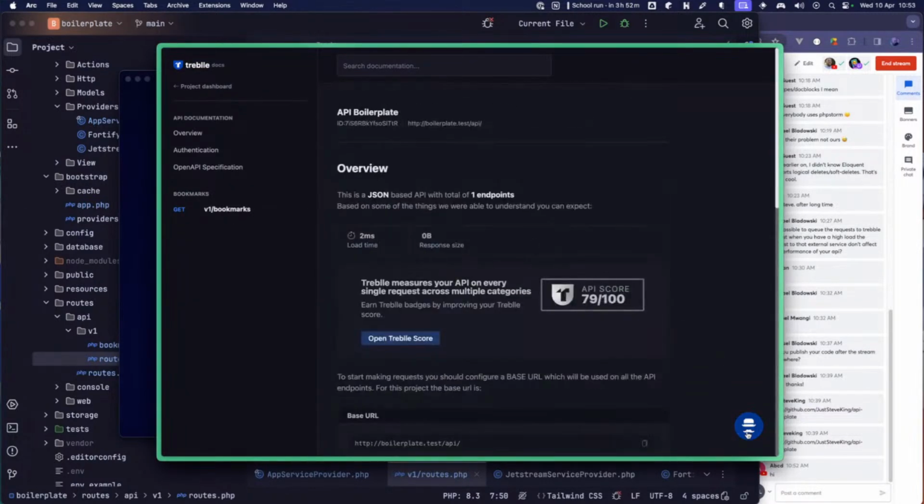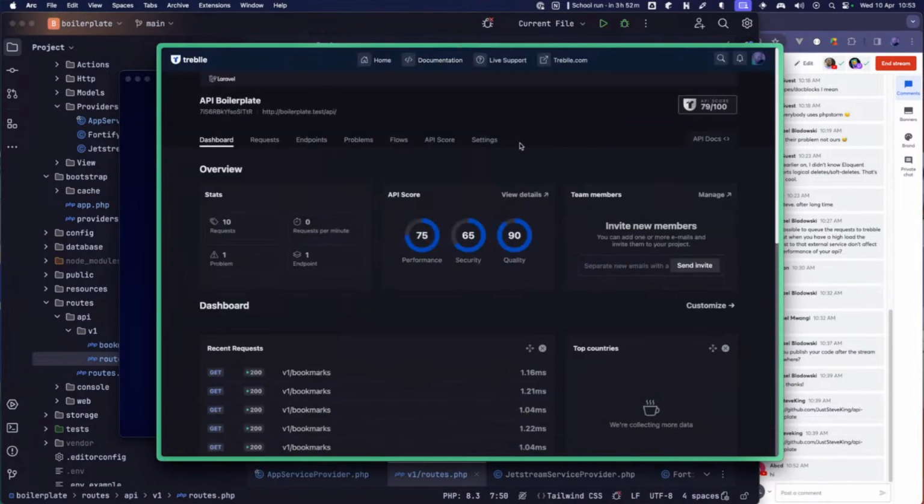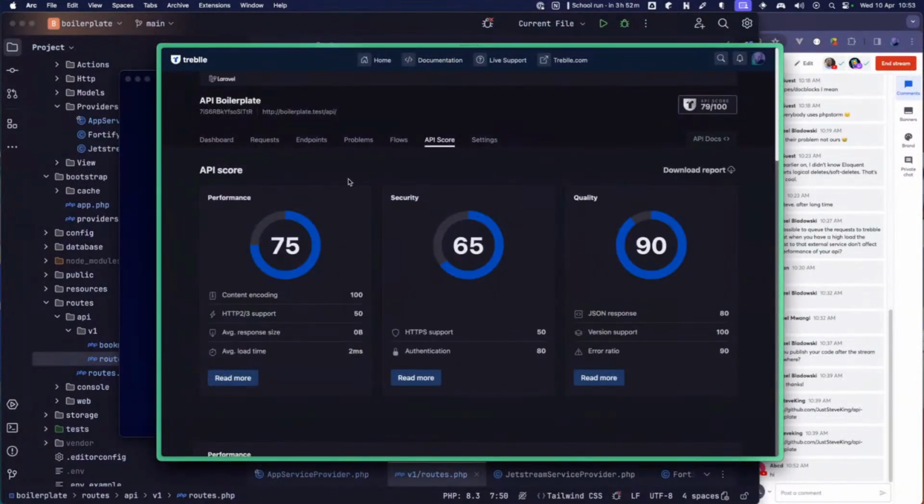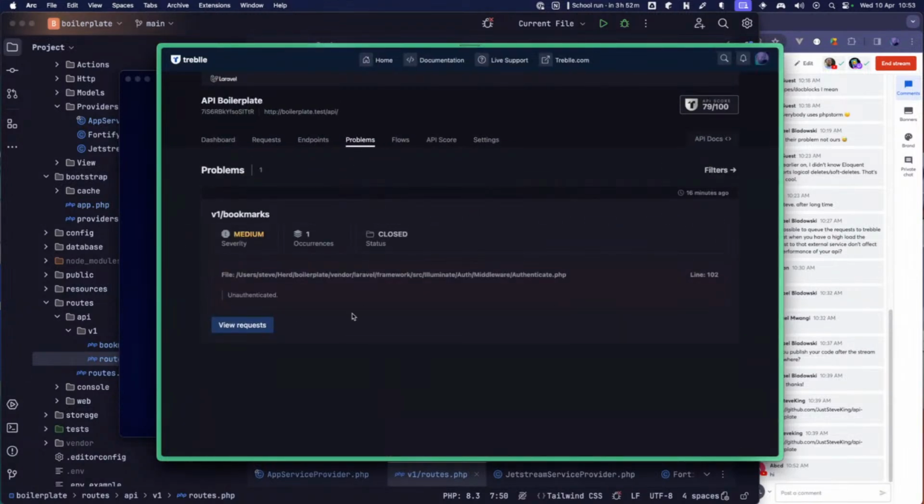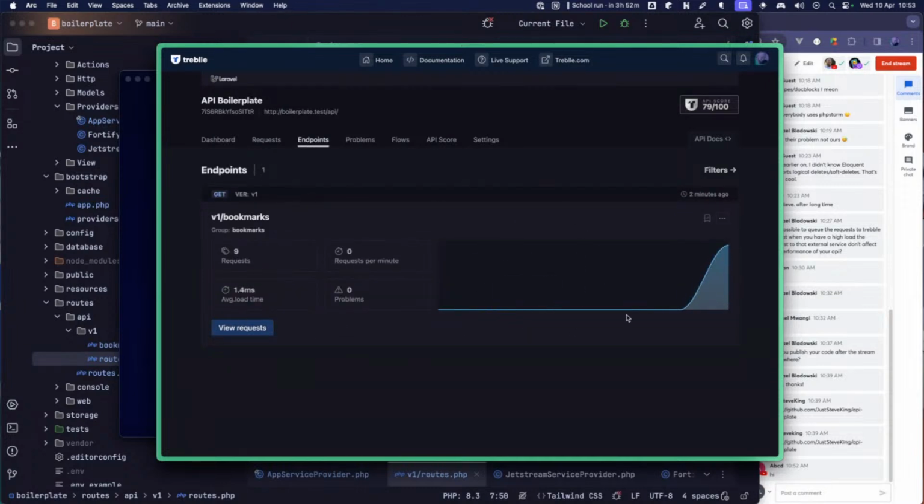I can talk to Alfred, the API robot. Everyone needs an AI robot these days, right? I can understand my API score to see where my improvements are, understand the problems that are appearing. I can see that we got an unauthenticated problem going on here. It's medium severity, not a big deal, but it has been closed. Understand what endpoints we've got